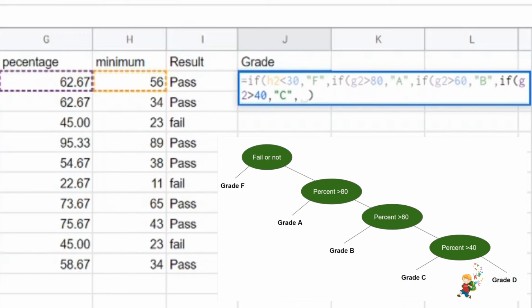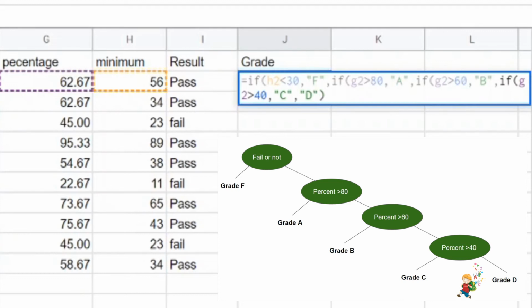And if it is not greater than 40, it should be less than 40, and as we have already checked the fail, we don't have to check again. We can directly give the rest of the students D grade.